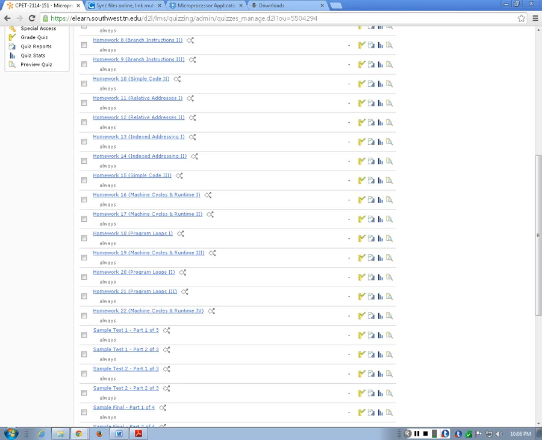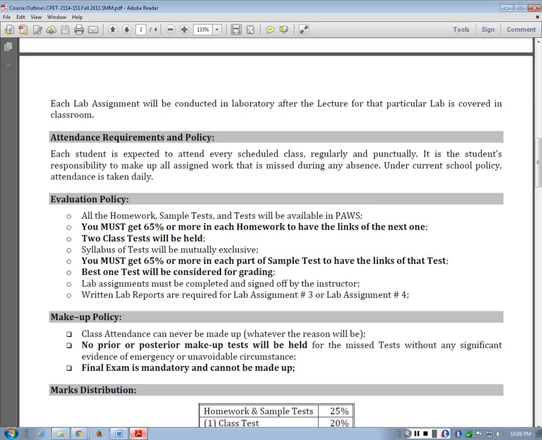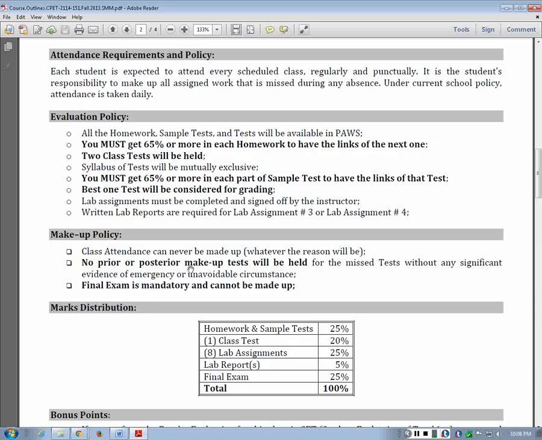Now let's go back to the point here. Grade distribution: all the homework, sample assignment, lab report, and final. Homework, which is 25, and the lab we have like 30%. For some reason we are not grading. Excuse me. And there are some bonus point chances. If you really want to have the bonus, if you want to take the chance,